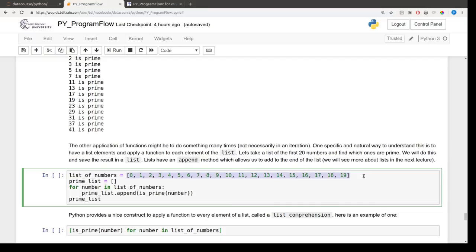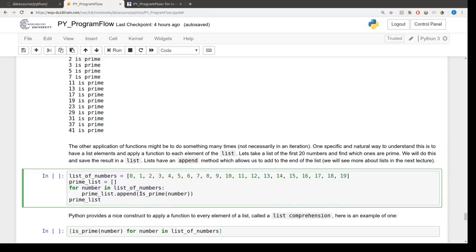If we wanted to create a list of the prime numbers 0 through 19, we could create an empty list called prime list. Then, for each number in our list of numbers, if the number is prime,